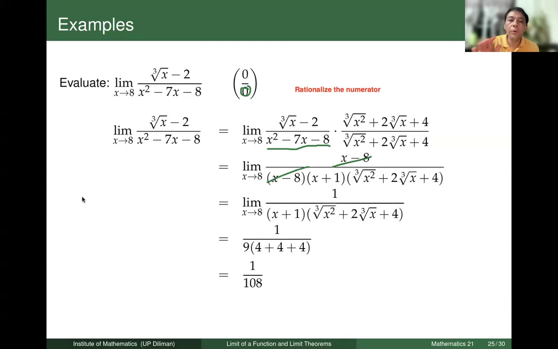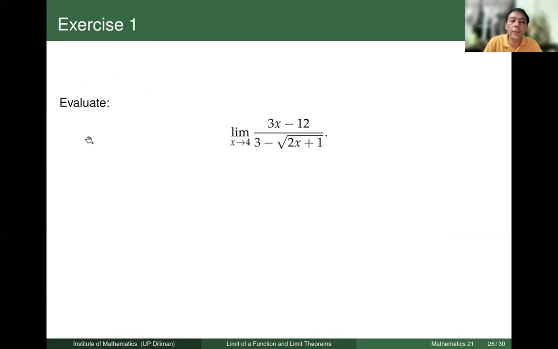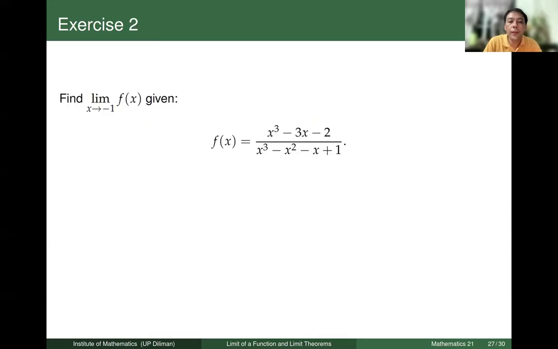All right, so this completes the first lecture for Math 21. Okay, and I hope that you do the exercises. So some additional exercises you can look into this exercise and find the limit of this polynomial. Okay, so that is all for